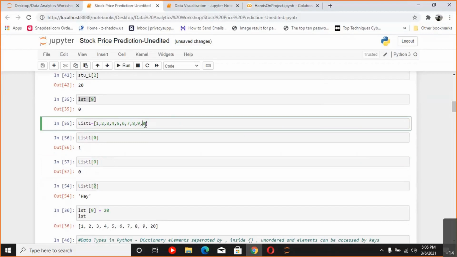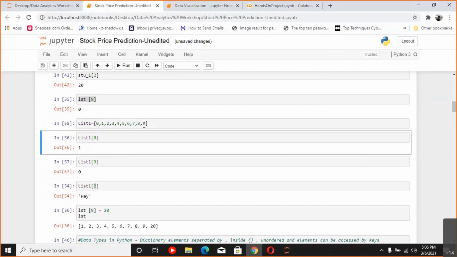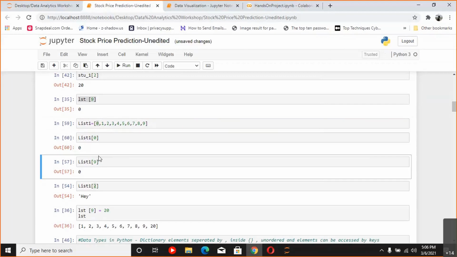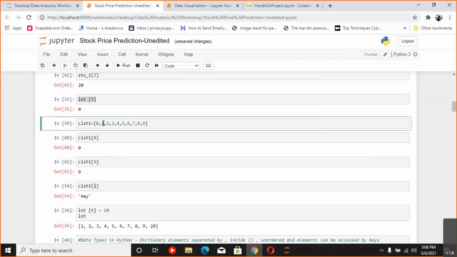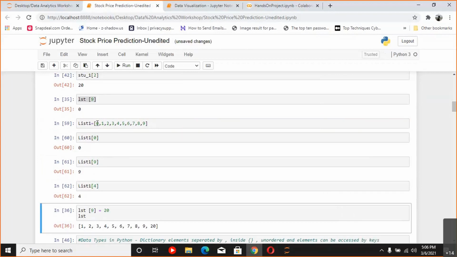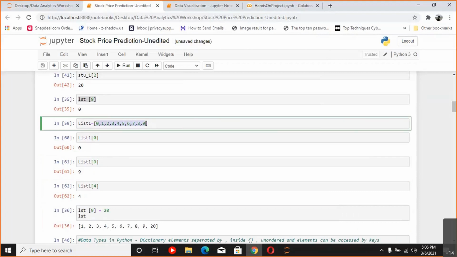So if I rearrange this a bit, maybe that will be easy for you to understand. The first element I make 0, and now the 10th element I make 9. This is how the indexing actually works in the list. So the first element at the 0th place will be 0, and the ninth element at 9 will be 9. The 0th element is accessed by 0, the first element by 1, the second element by 2, the third element by 3, the fourth element by 4. So if I do 4 here, we'll get a 4. So this is how the indexing in a list or in programming languages works. So now was it clear?